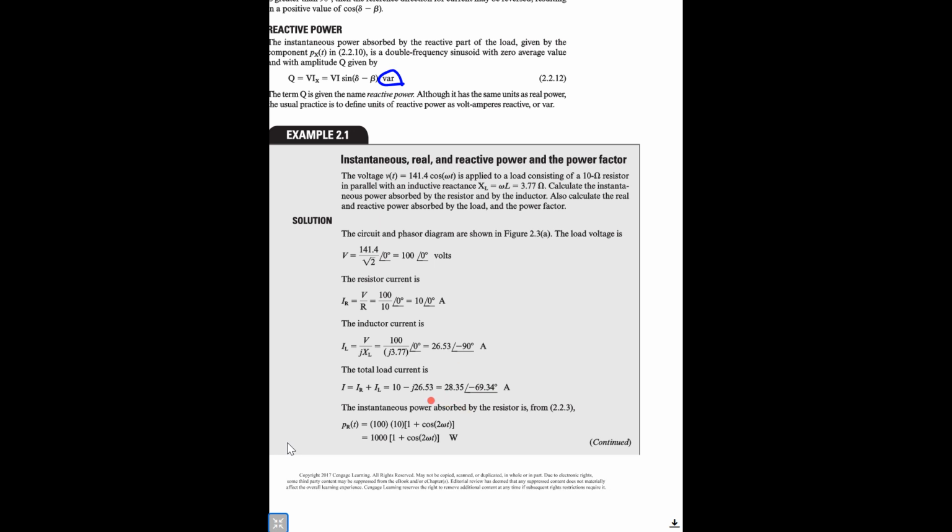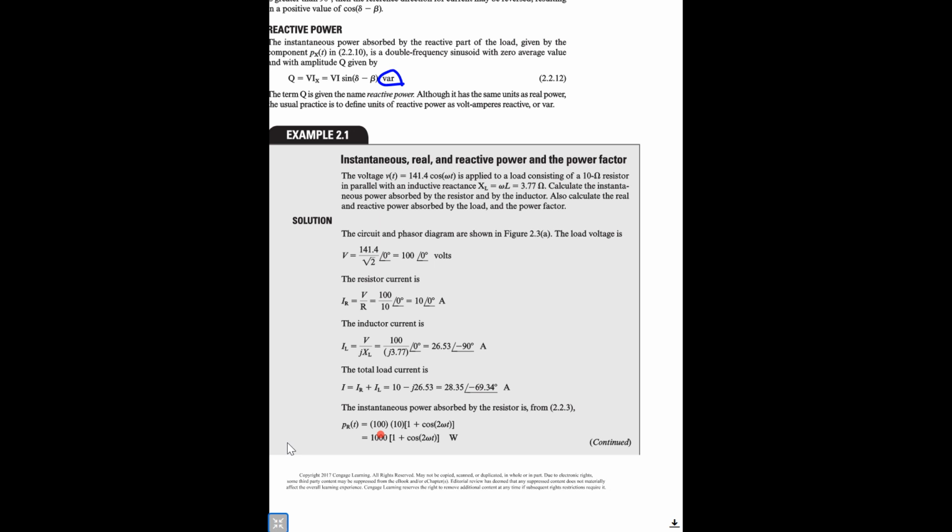Here, I will be 28.35 with minus 69.34 ampere. Here, the instantaneous power absorbed by the resistor will be